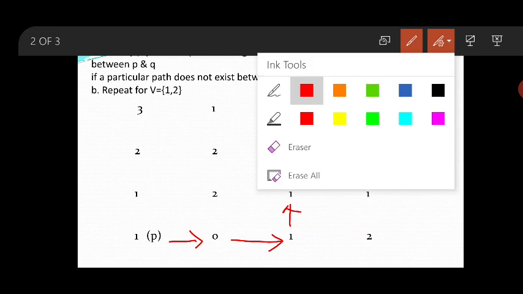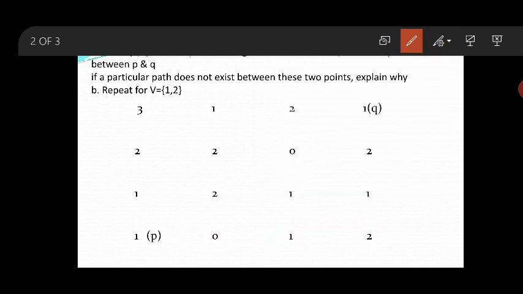Now let us move to the 8-path. In 8-path, there is a facility that you can go diagonally also. When you're going in a diagonal fashion, you need to check that its diagonal pixel value has to be from vector v. I hope you understood. Let us come back from the beginning. Which is your source? P. Which is your destination? Q.